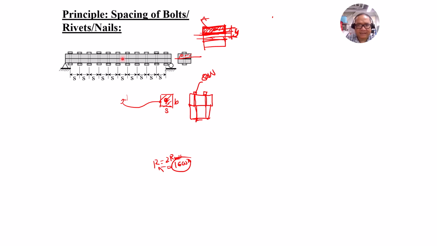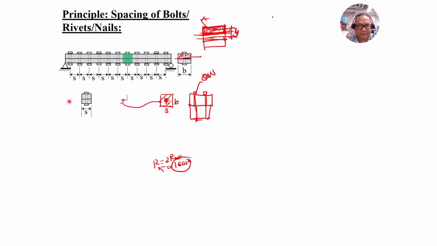Let us say this is the shear plane where the two planks are joined, and the resistance to shear is replaced by the presence of this bolt or nail or rivet. So this is the area to be considered in the formula shear stress equals VQ over IB. So we have here the base B, and we consider that tributary area. Let's transfer it here, and side view, of course,